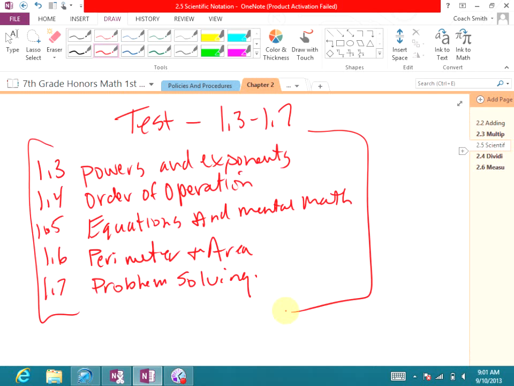Thursday we will cover 2.3 and 2.4, which is multiplying and dividing decimals. Okay, I wanted to go ahead and cover scientific notation today because I knew it would take the longest of those ones that we did. All right, we ain't got a whole lot of time left, so we'll end that for